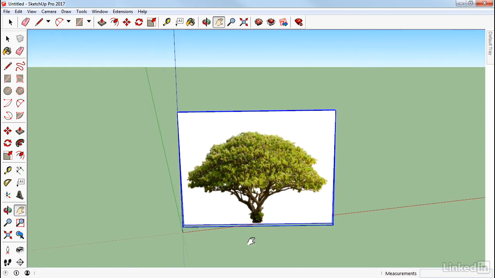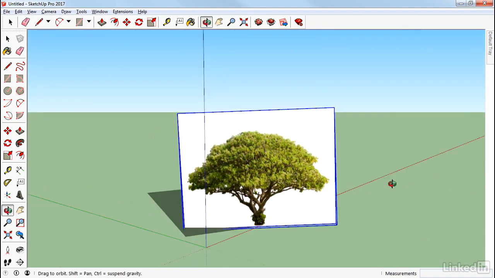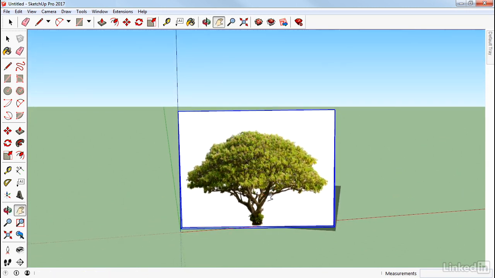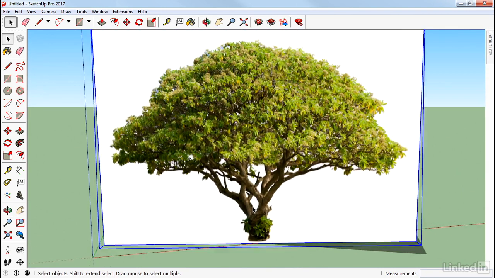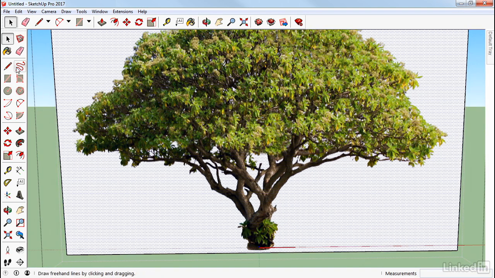Except, well, it's got all this white stuff around it. We don't want that. And if we were to view shadows, you'll see that the shadows are basically just a big block. So the first thing I want to do is kind of cut out everything that's not a tree. So I can do that by double-clicking on the component, selecting the face, and just using my freehand draw tool. So I'm going to go ahead and do just a freehand. I don't need to be really accurate here. You can get as accurate as you want, but for the sake of brevity, I'm going to go ahead and keep it